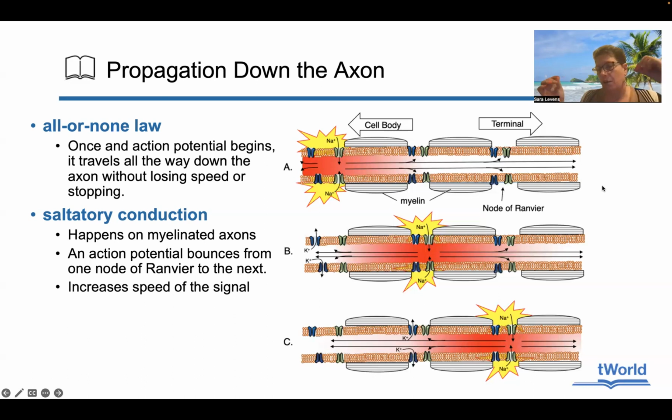Axons can be quite long, especially within the central nervous system, where they can go all the way down the spine, or in the peripheral nervous system where they can go all the way down limbs. The process that propagates these down the axon is called saltatory conduction. And this is what happens on myelinated axons. So myelination is extremely important for healthy